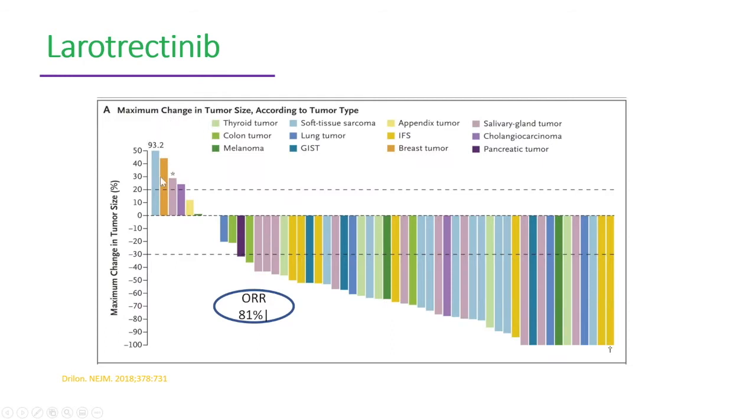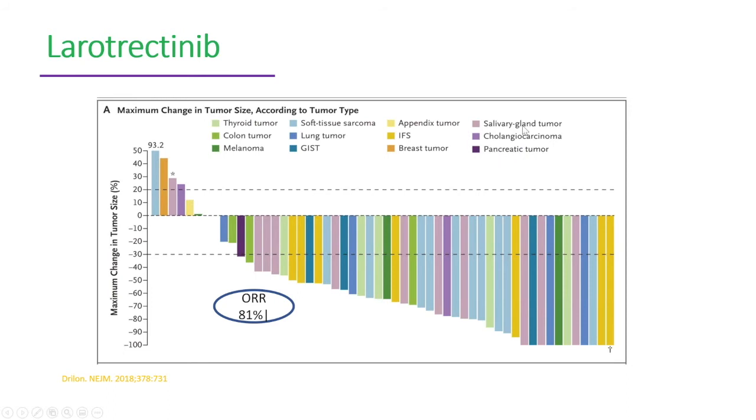So these are the results. If you look at this, all the minuses mean the shrinkage in the tumor size. So look at the shrinkage of the tumor size. The overall response is around 81%, which is very high. It's an excellent response in these patients where we hope that there is no more response that can be seen in this stage. And if you look around the cancer, thyroid cancer, colon, melanoma, soft tissue, lung tumor, just